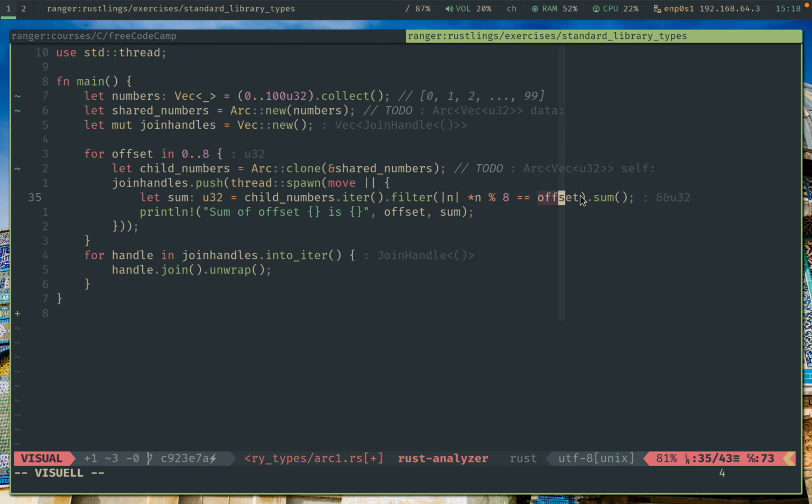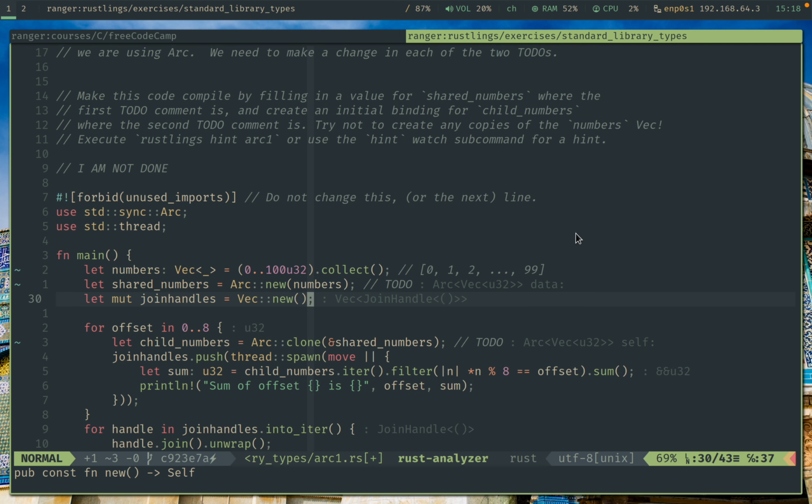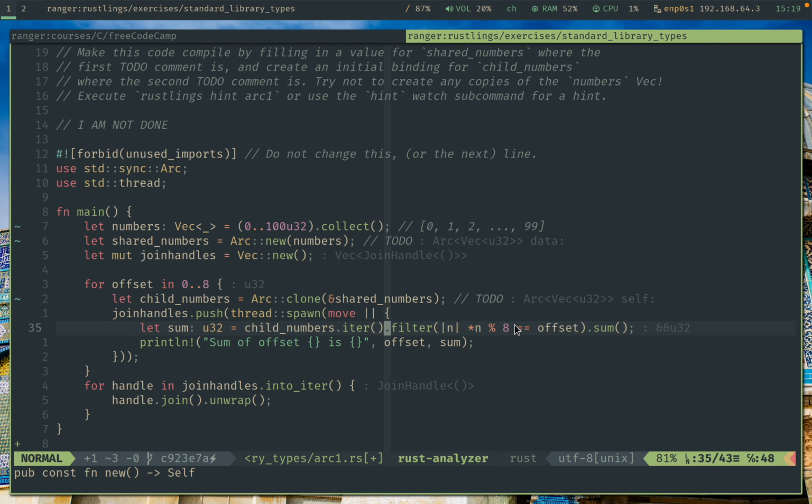We wanted to have offset 0, so this will return true, and then in the end it just sums up all the values in the vector